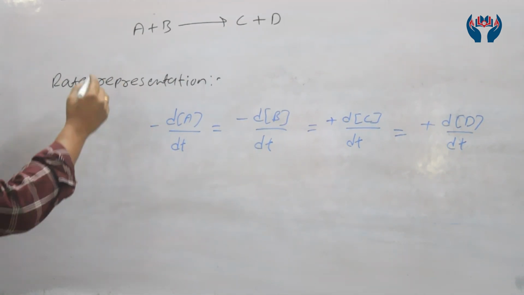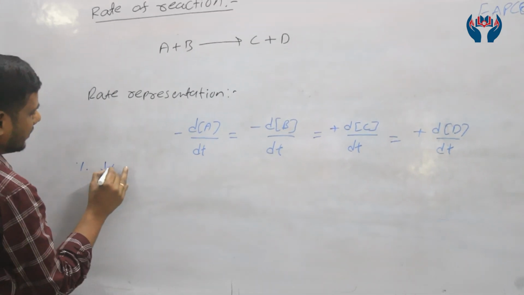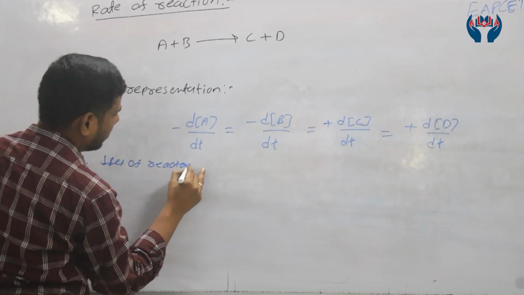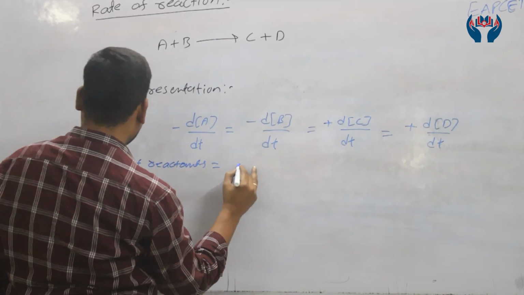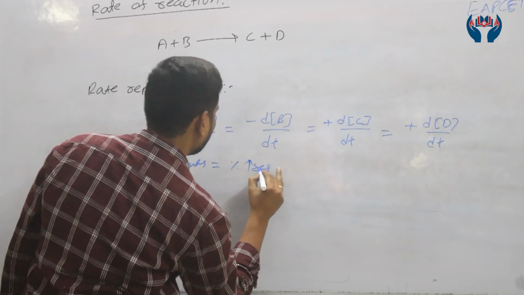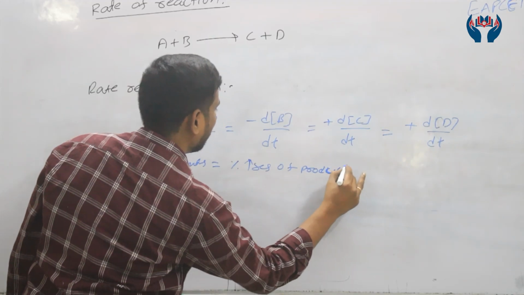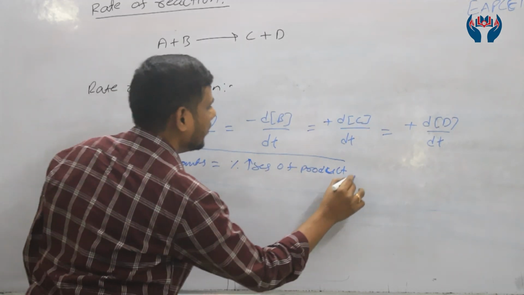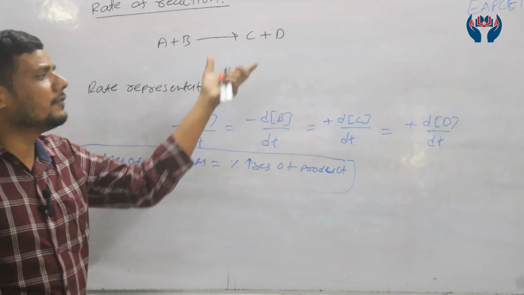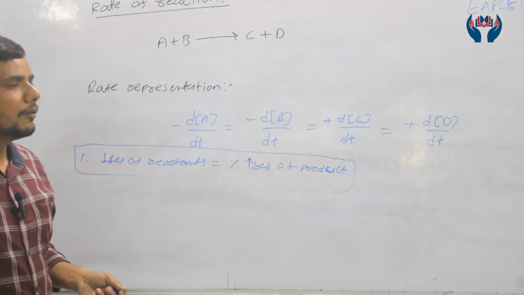Why? Because whatever percentage decreases, the percentage decrease of reactants is equal to the percentage increase of products. The percentage by which the reactants are decreasing is the same as the equal percentage ratio by which the products increase. That's why we are writing equilibrium with all reactions. Okay. For example,